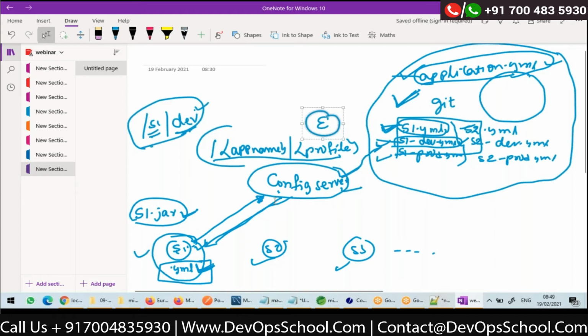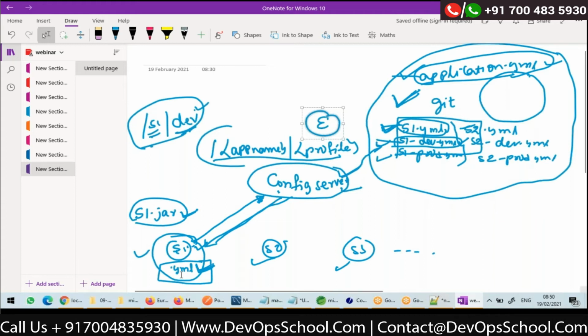So actually, if you want any logic to be executed even before your application configuration files are loaded, then in Spring Boot, there is something called Spring Bootstrap configuration. Bootstrap configuration files are loaded before your application configuration files. Okay. So in Spring Boot, there are some configurations called Bootstrap configurations. So first, those Bootstrap configuration files will be loaded. Then only our application specific configuration files will be loaded, right?